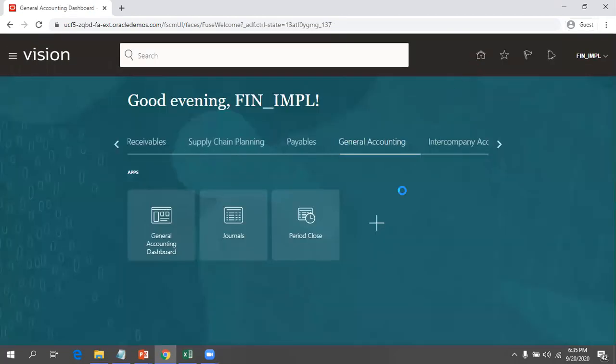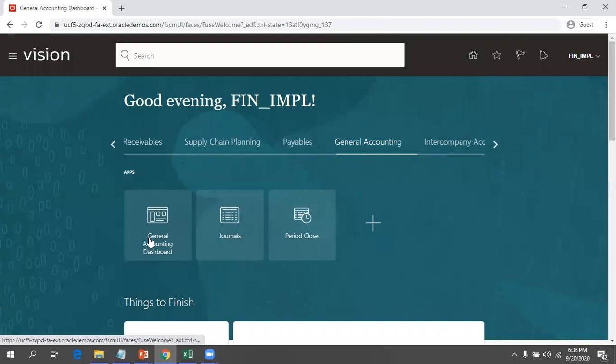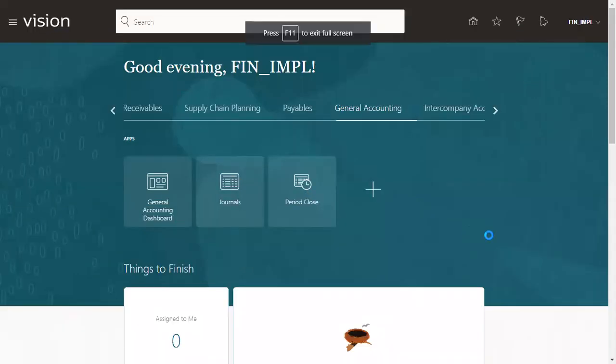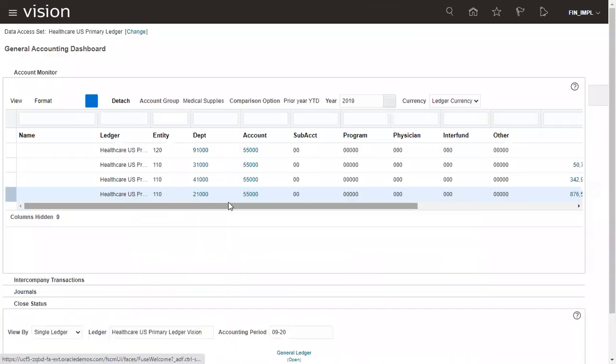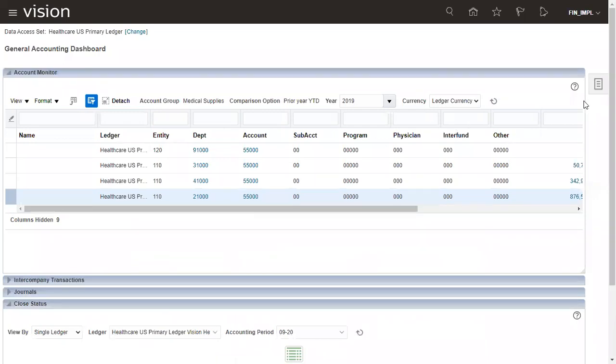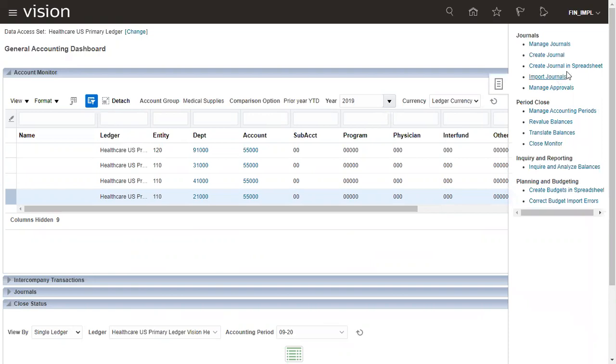I click on Home, General Accounting Dashboard. Now just click on Tasks, and if you observe, there is a link called Create Journals in Spreadsheet.